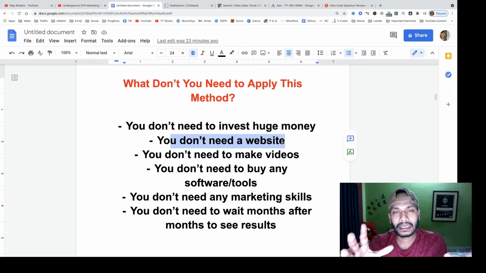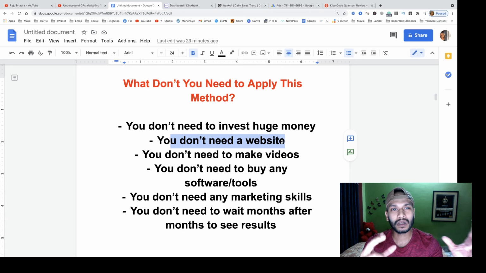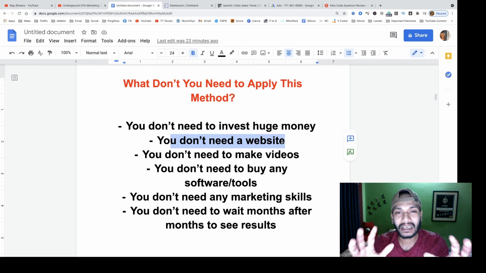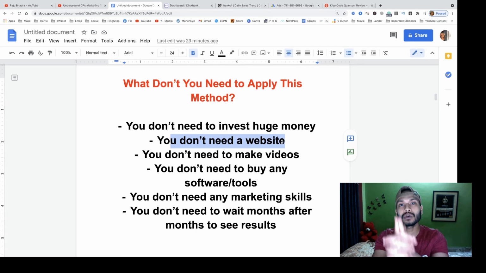You can think, I will run Google Ads, that means you need a website. Yes, if you want to get a professional look, then you must have a website. And if you don't have a website, and you don't want to create one, then you can use Google Sites, Google Docs, Medium, or Blogger to get approval on Google. It doesn't matter whether you have a website or not. But I recommend you build a website, because it looks more professional.